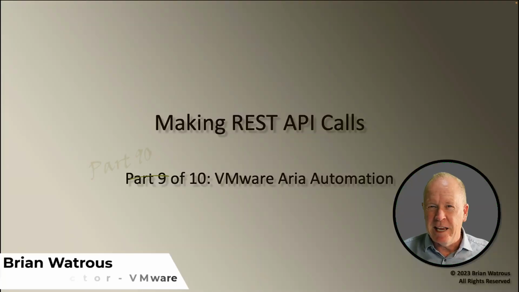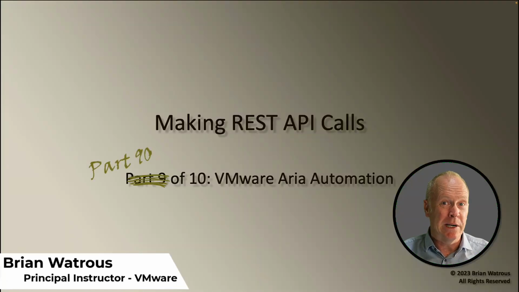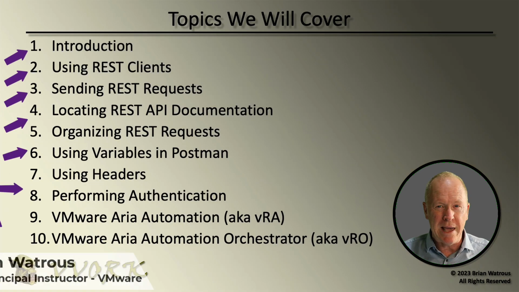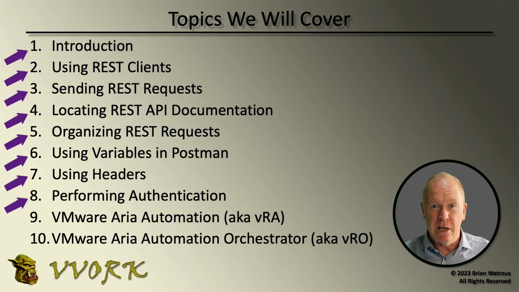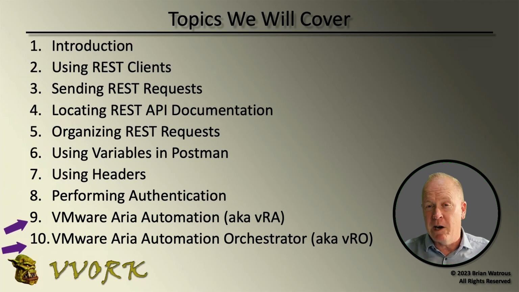This is part 9 in a 10-part video series in which we're exploring how to make REST API calls. In parts 1 through 8, we took a generic look at how to make REST API calls. But now, in parts 9 and onwards, we're going to take a look at specific VMware products. In part 9, we're going to be taking a look at how to make REST API calls to VMware Aria